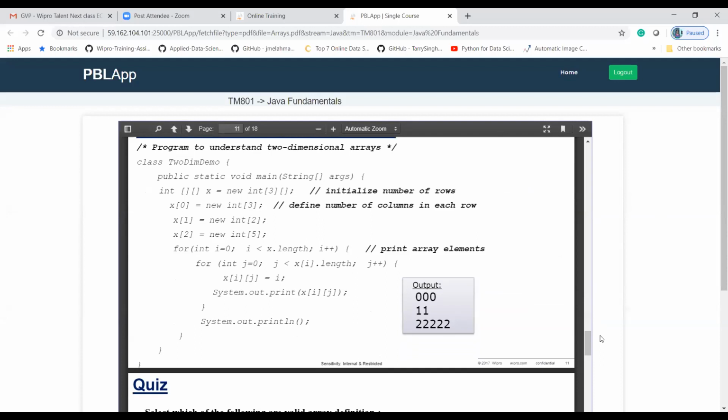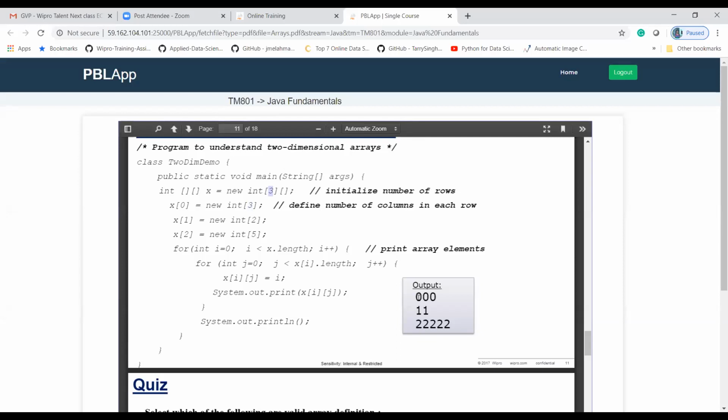This is the example which I am showing for two-dimensional arrays. When you declare a two-dimensional array, we need to declare like this: x[0] = new int[3]. With 3, we can't say which index value will be stored.